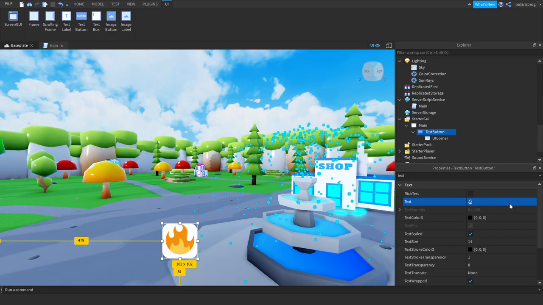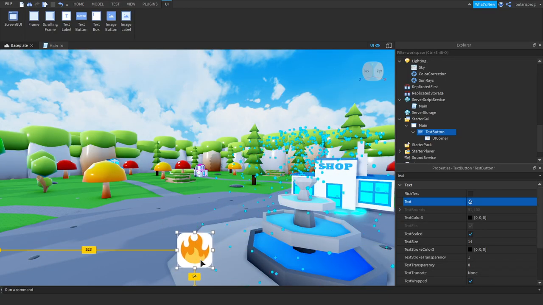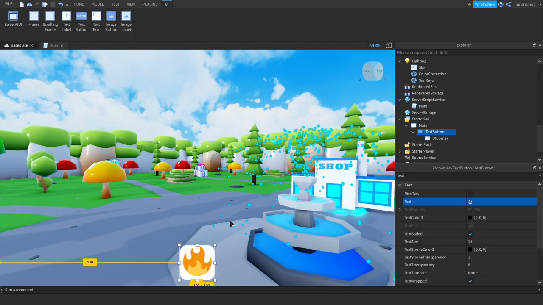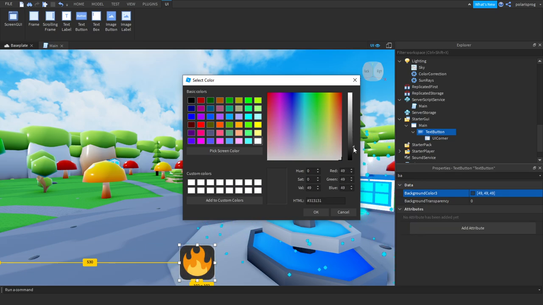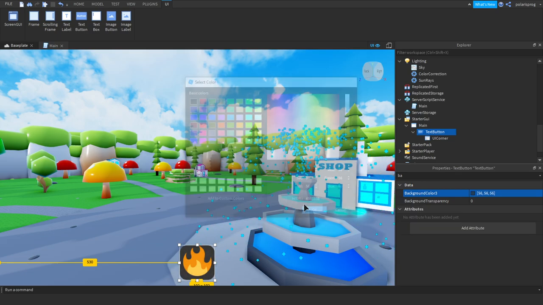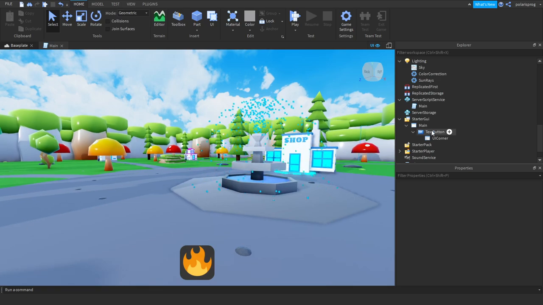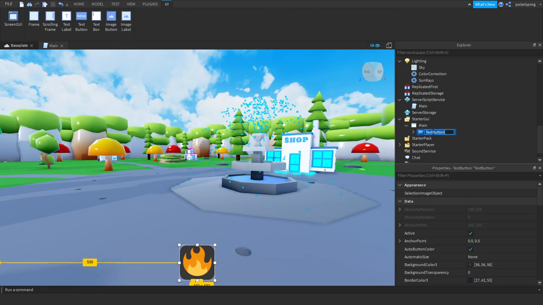Well, I know the fire emoji doesn't make any sense, but let's just use it anyway. So I'm going to set the background color to a nice dark gray, and I'm going to rename it to